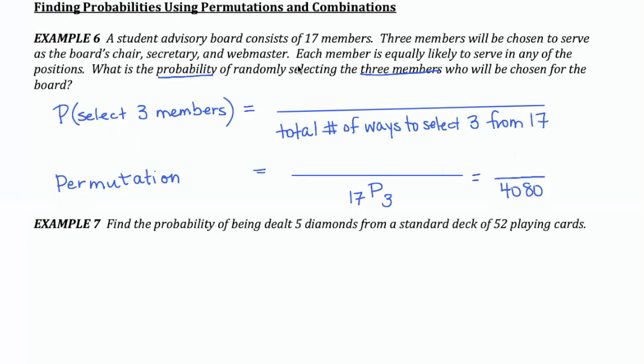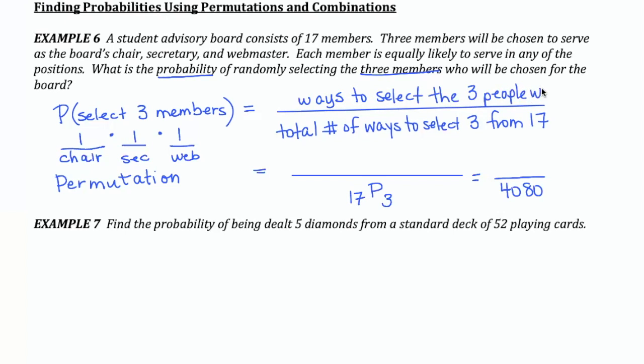Now, what's the probability that I randomly select the 3 who end up getting chosen for the board? Well, the 3 who end up getting chosen for the board, there's only going to be one person in each spot. There's going to be one person who's chair, one person who's secretary, and one person who's webmaster. So I would multiply those numbers together, and there's only one way to select the 3 people who did get picked, giving me a numerator of 1, meaning my probability is 1 in 4,080, and as a decimal, that's very small,